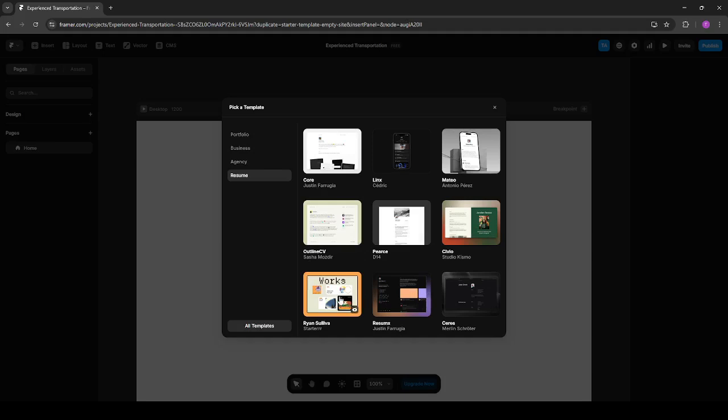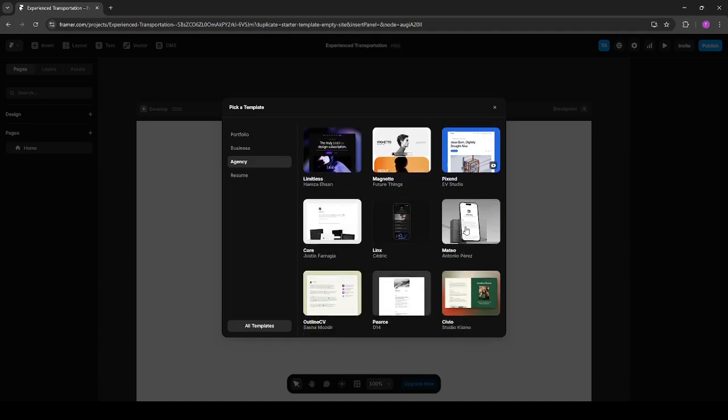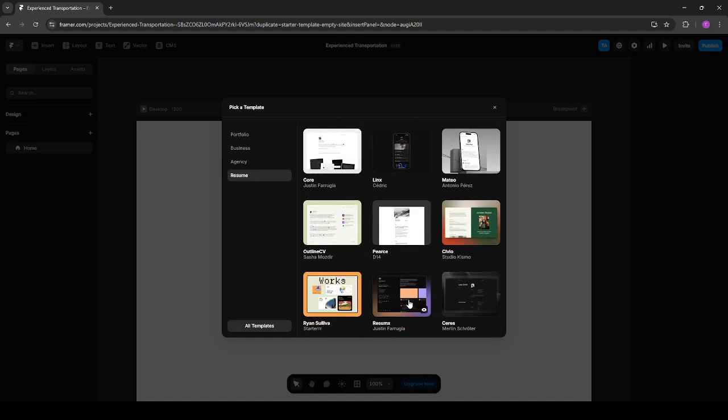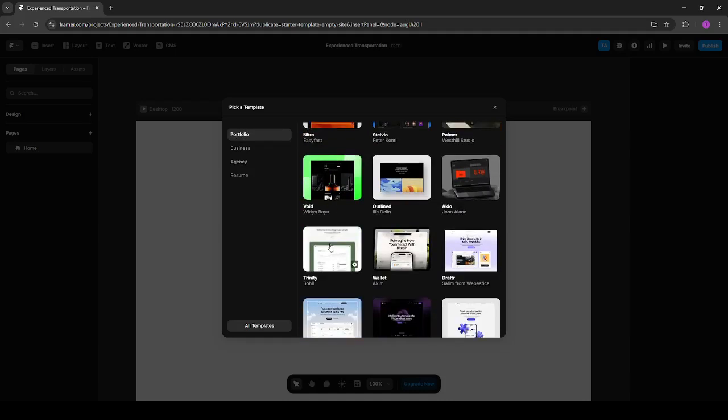Once the template opens, you can customize and edit it right away. Click on any text to rewrite headlines and body copy to match your message. Replace placeholder images with your own visuals by dragging them in or selecting from your files. Update colors and typography to reflect your brand. You'll usually find style controls in a panel where you can set global fonts, sizes, and palettes for consistent design